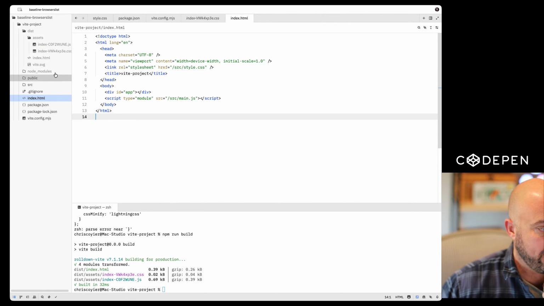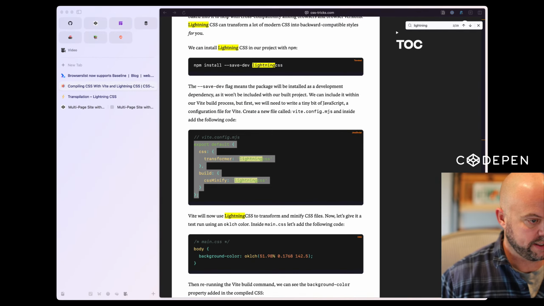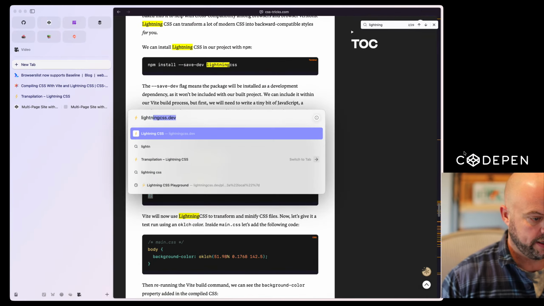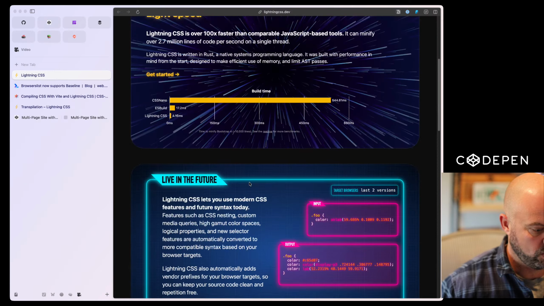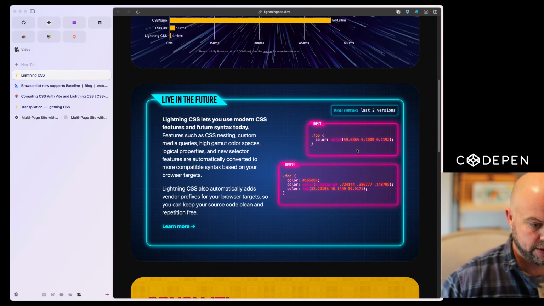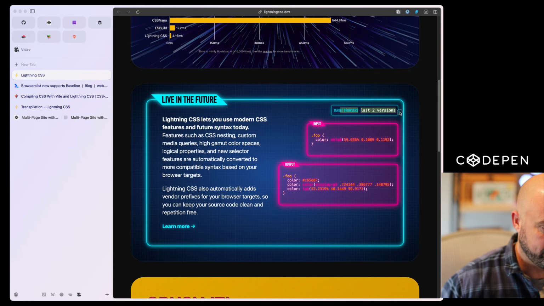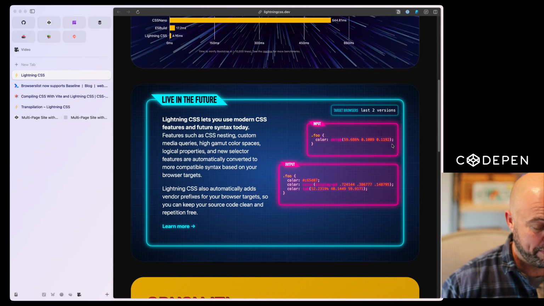So what's the kind of thing that Lightning CSS would change? Well, let's go to the Lightning CSS website, I suppose, and see what kind of things it does. So it would change OK Lab into older stuff. And look at target browsers, last two versions. That's the kind of thing that Browserslist does that we're going to swap out for baseline